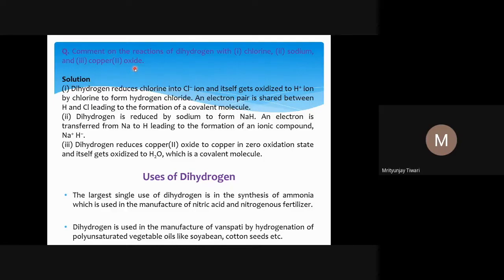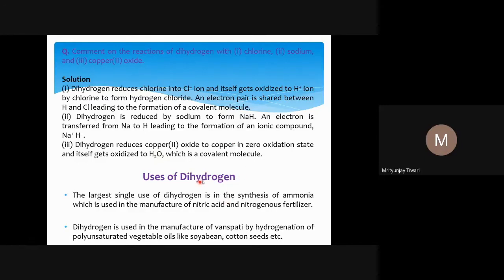It means what will happen if you have copper(II) oxide and you keep hydrogen there? Hydrogen has a stronger electron donating tendency, so hydrogen will give its electron to copper. And so copper will be reduced, copper 2 plus will become elemental copper, metallic copper. There will be formation of Cu, and the hydrogen, which after donating electrons has become H plus, combines with the oxide ion to form H2O, water. So we see in that chemical reaction the formation of metallic copper plus water molecule.